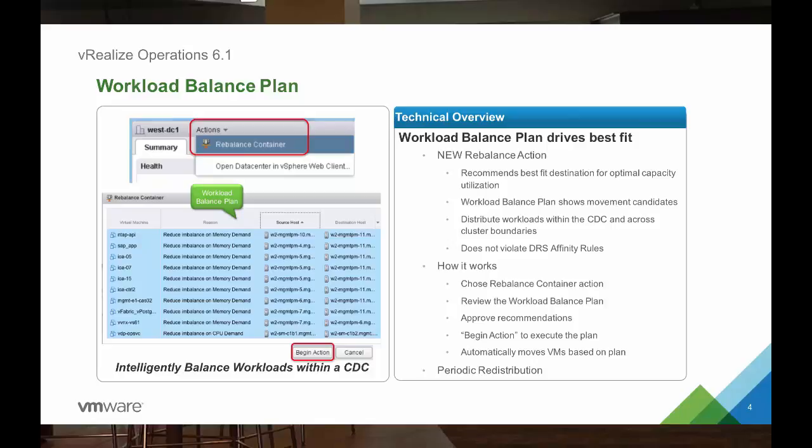We have to remember that DRS, Distributed Resource Scheduler, is a cluster-based technology, whereas the workload balance is inherently an appliance-based technology. It lives inside of the operations construct. So these two things are not meant to replace each other. They're just augmentations to one another, giving that balance and forecasting and effective placement